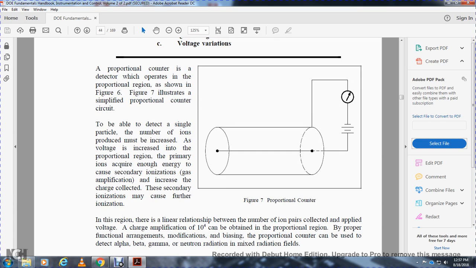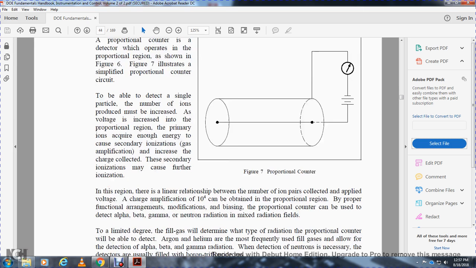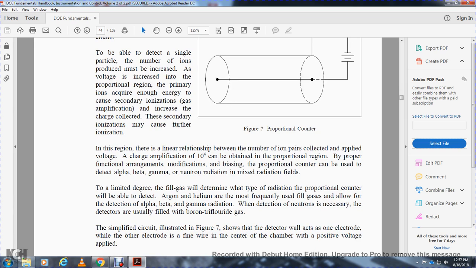In this region, there is a linear relation between the number of ion pairs collected and the applied voltage. Charge amplification of 10 to the fourth can be attained in the proportional region by a suitable arrangement with the modified biasing potential. Proportional counters may be used to directly detect alpha, beta, gamma, and neutron radiation in mixed radiation fields. To a limited degree, the fill gas determines the type of radiation the counter will be able to detect. Argon and helium are most frequently used as the fill gas for detection of alpha and gamma radiation. Detection of neutrons requires detectors usually filled with boron